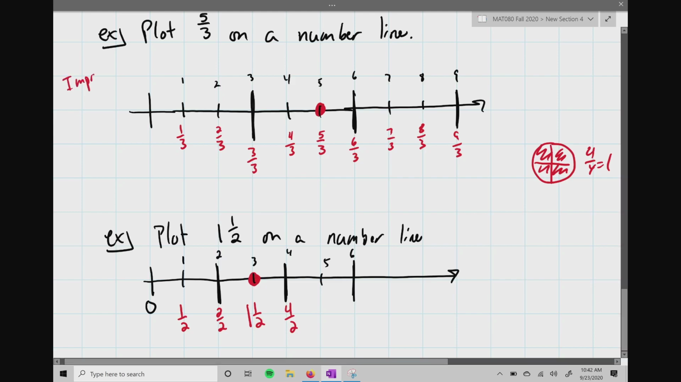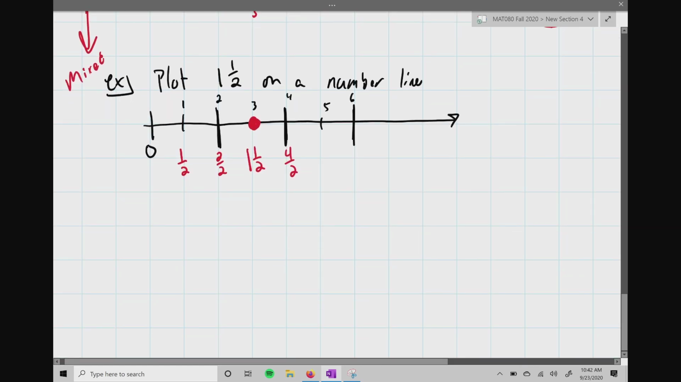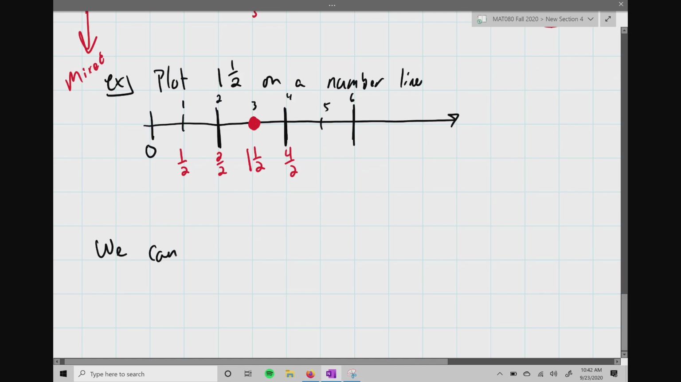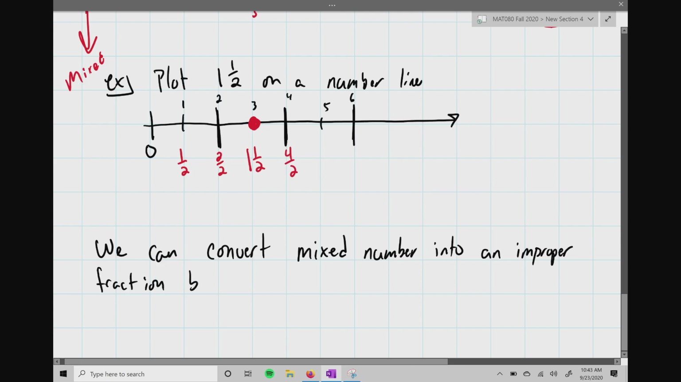improper and mixed. There is a relationship between these two, okay? And what that relationship here is this. We can convert a mixed number into an improper fraction by following